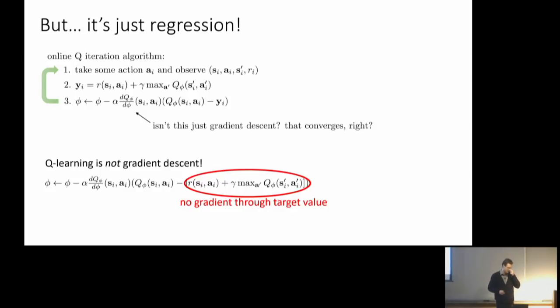You could also say, well, why pretend that y is a constant? Why not compute a gradient through this thing? Okay, the max is kind of non-differentiable, but that's not actually the main problem. You can compute the gradient through the right-hand value. You can do all sorts of tricks to soften the max. But then you get an algorithm that's even worse. You do get an algorithm that is convergent, but it ends up having really terrible conditioning and does not work. If we have some time, I might cover this later in the course, but this is sometimes referred to as Bellman residual minimization. Bellman residual minimization is very difficult and generally doesn't work. So that's why we ignore the gradient through the y.